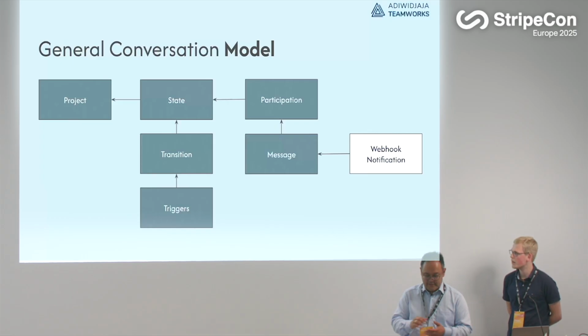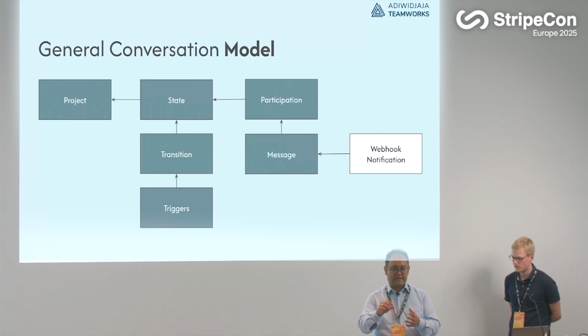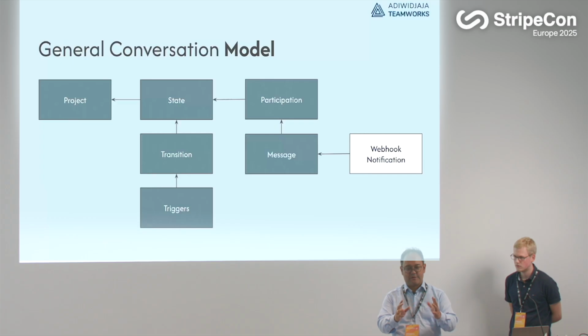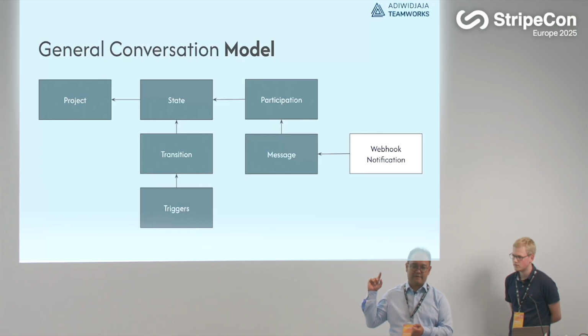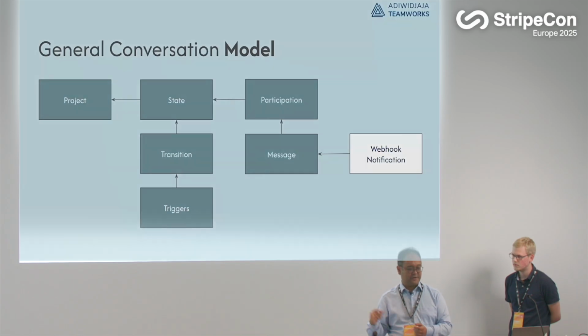Then we have participations. That's the generalization of a participant. We have one participation in a project, and it consists of a list of messages, and these messages are created from someone else. There we can implement different inputs. As a current status, we implemented a WhatsApp bridge. So the webhook will write messages.